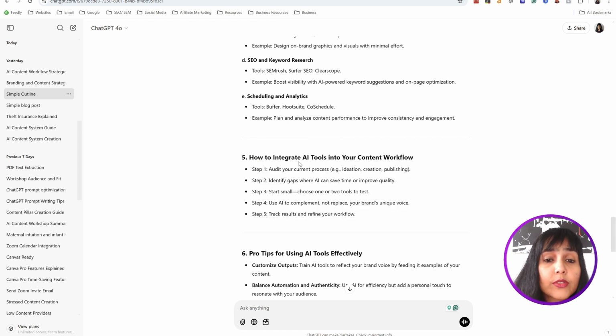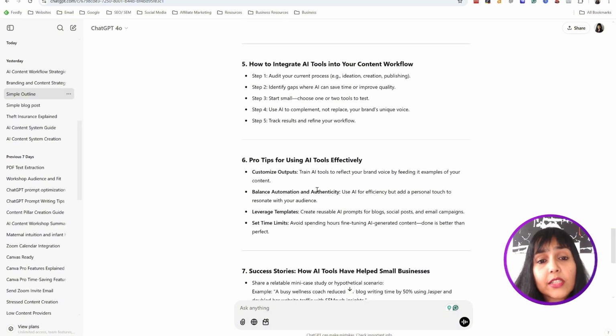How to integrate AI tools into your content workflow, because it is true that my audience does struggle with that at times. Right? And that is exactly how I help them. Like, how do you integrate AI to make your content workflow much better? Right? I offer coaching on that. I offer tools and resources to help them do this. So it's great that it is already including it, because just knowing an AI tool is not enough. It's important how you put it in your workflow.